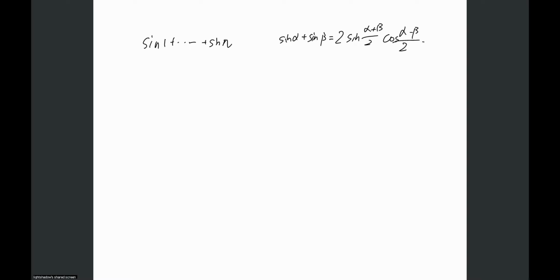Firstly, actually, if I want to apply the right-hand side one into the previous one, which means I may